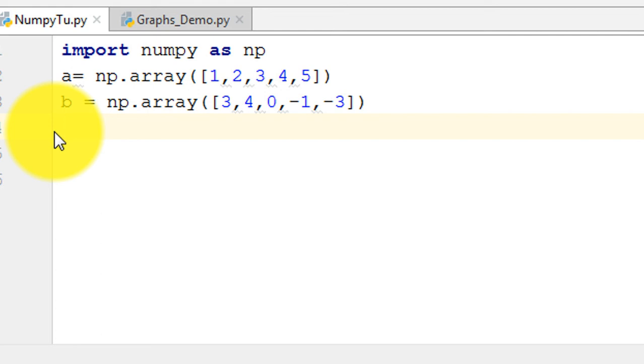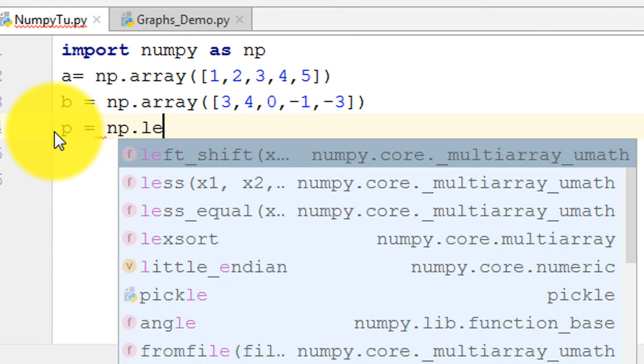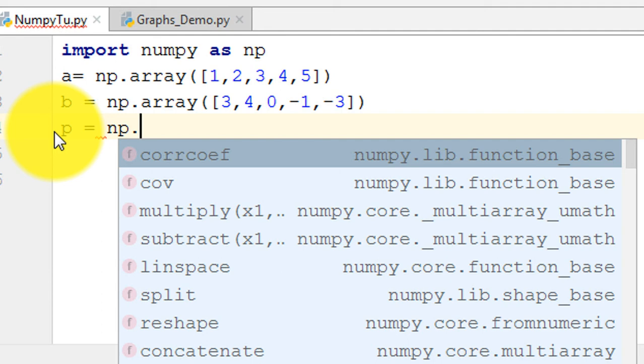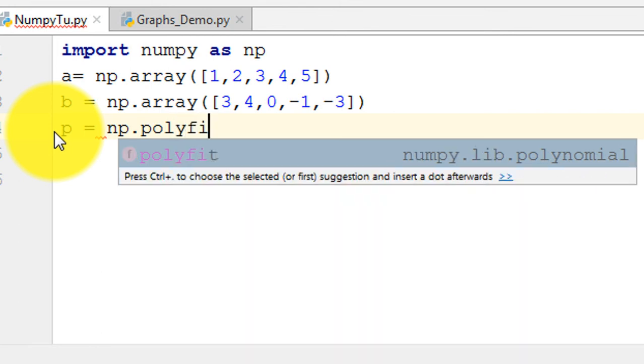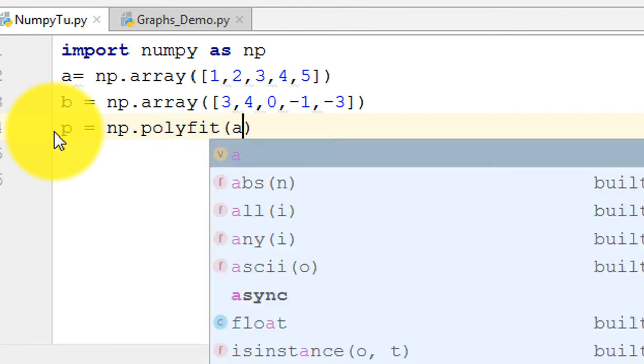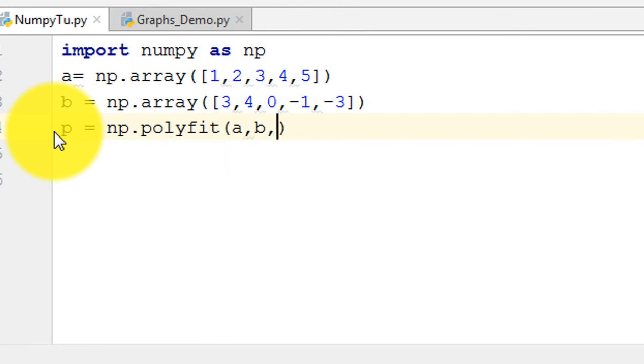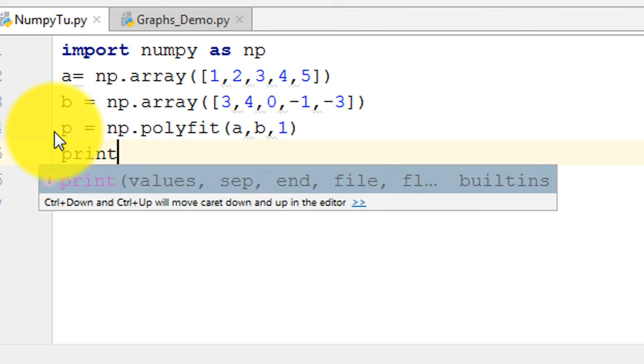So we have, let's say, p = np.polyfit, we specify both our arrays a and b, comma, let's say degree = 1. And now I want to find out, so first of all let us print